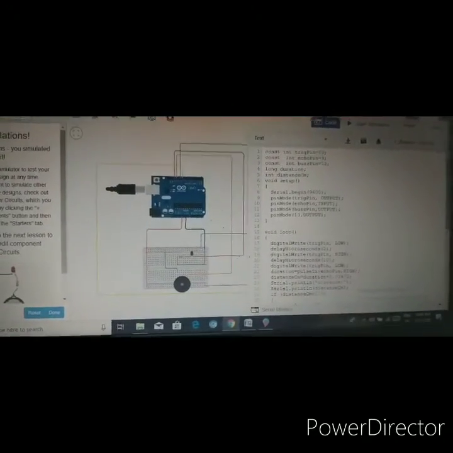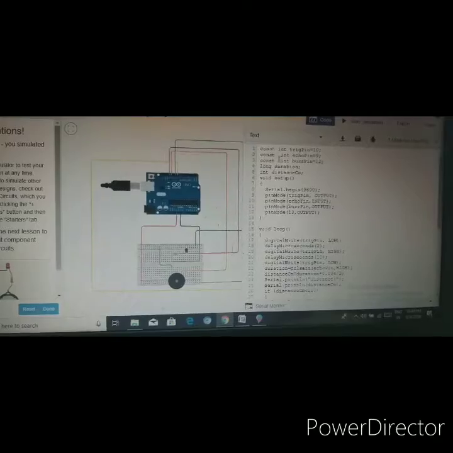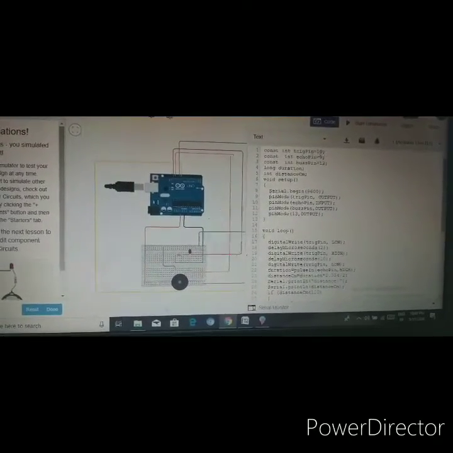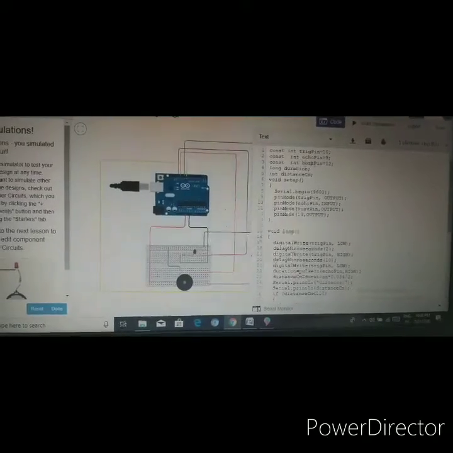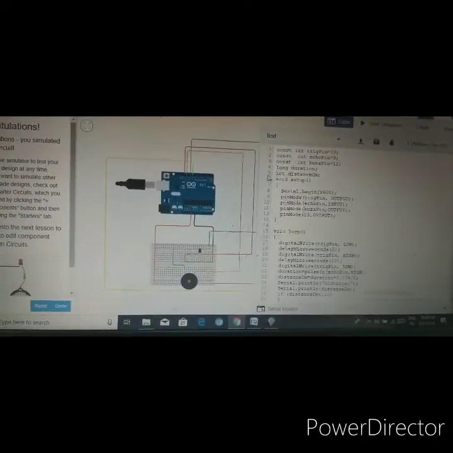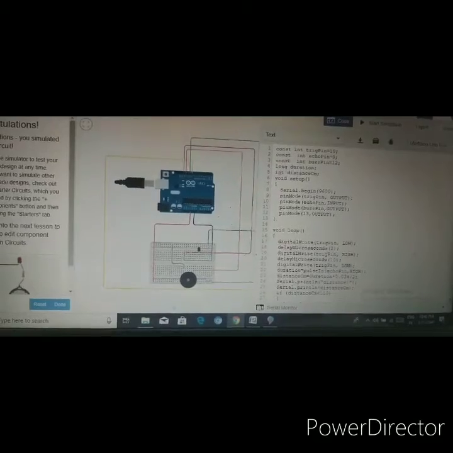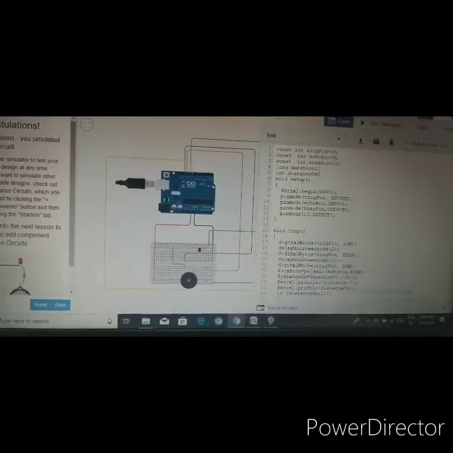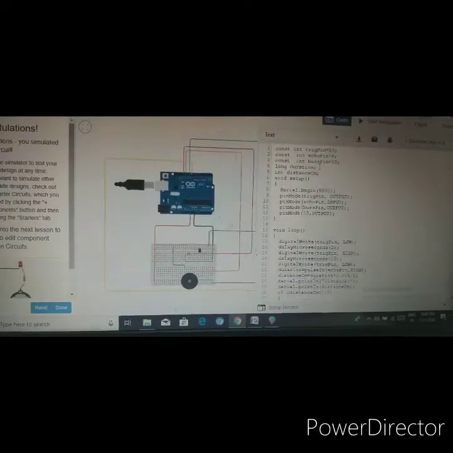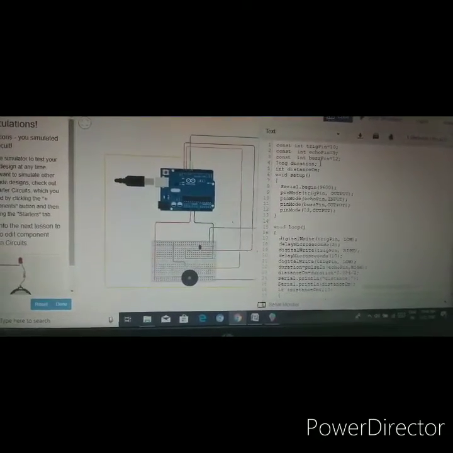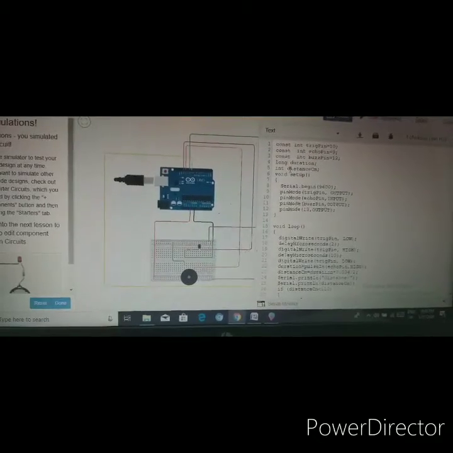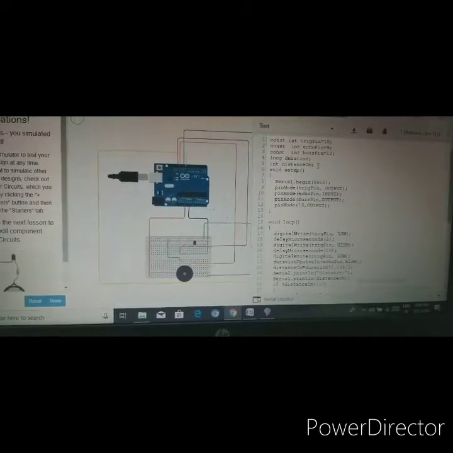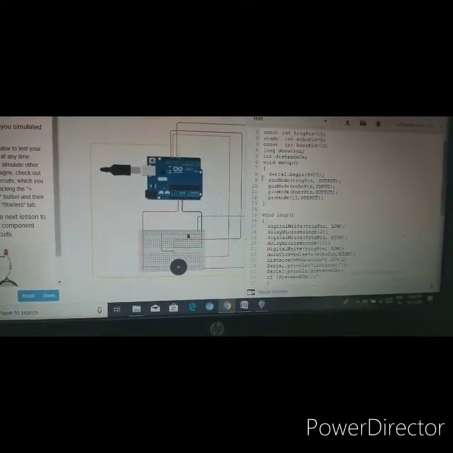For this I have written a code where we set trigger pin to 10, echo pin to 9, buzzer pin to 12. Then declaring a variable long duration, which helps to calculate the duration that the ultrasonic sensor takes to find an obstacle. After this we have an int distance, which will calculate the distance.